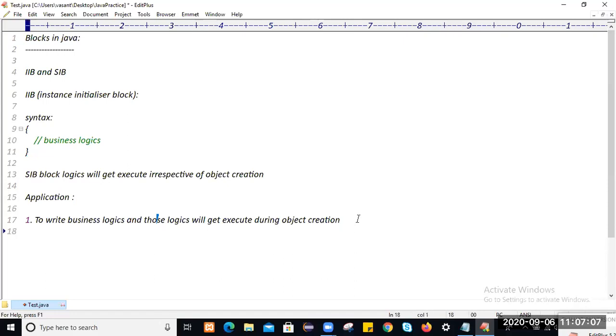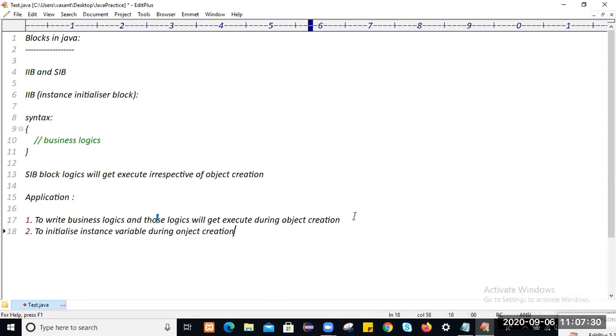And the second application of this is to initialize instance variables during object creation. Why are we saying during object creation? When you create an object, the instance block logics will get executed.